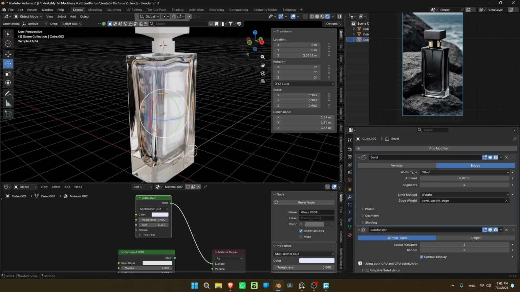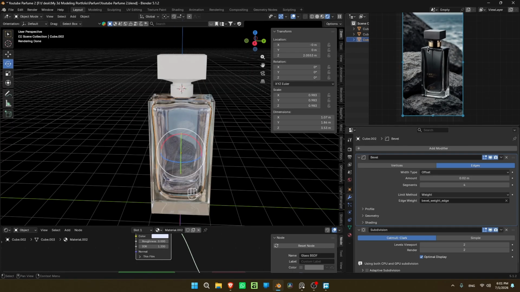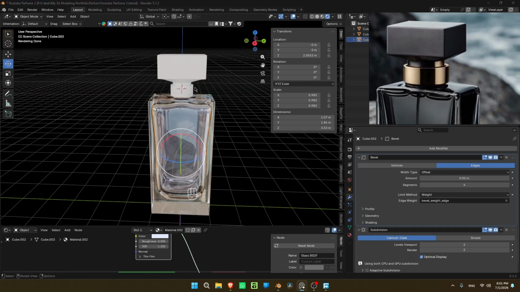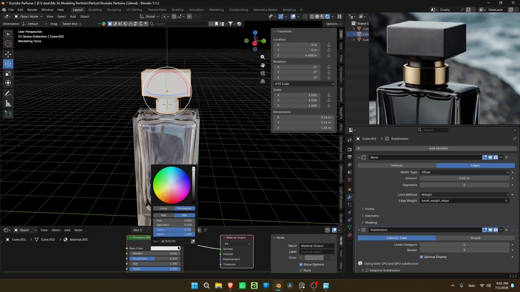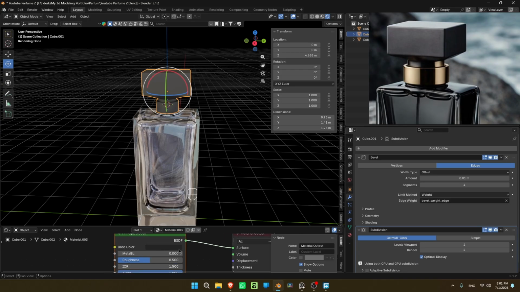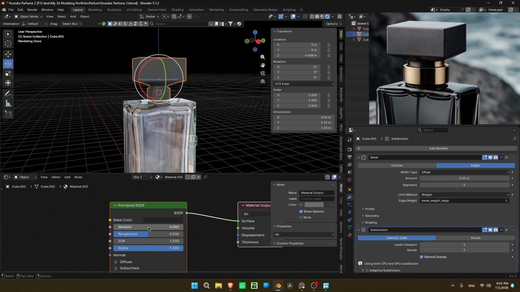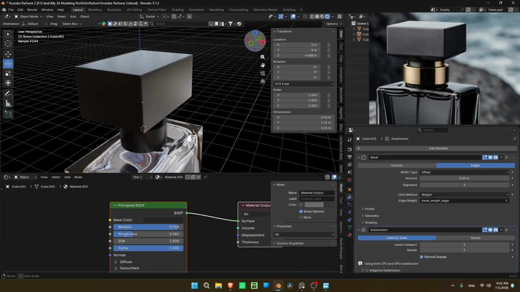So this is the first step of our texturing. Let's go and add this gold part. We select the part where we want to add a material, and add this one, and let's change the color to something black. I will not make it this black, just here, and I will play with the metallic. Let me show. We're going to increase the metallic just a bit, just like so, and make it reflective. I think everything is good.